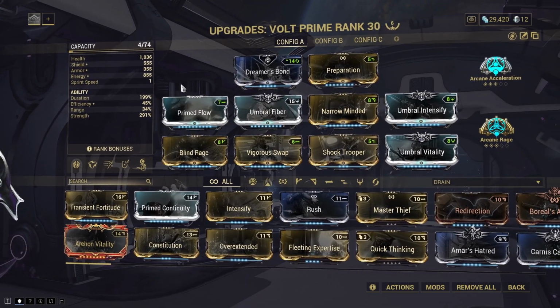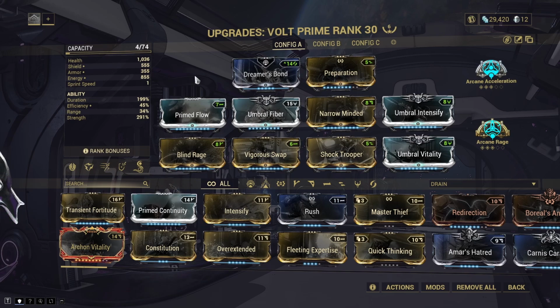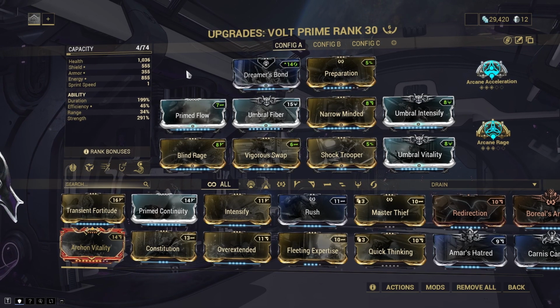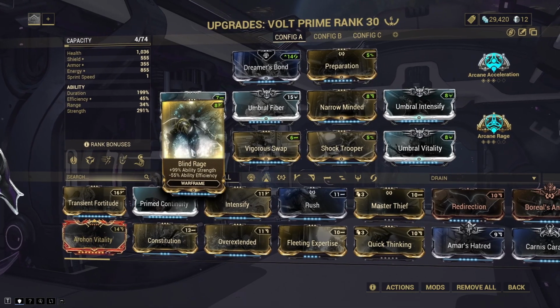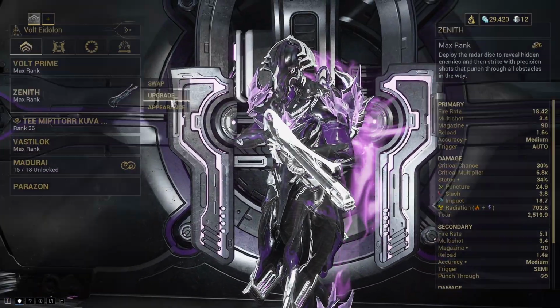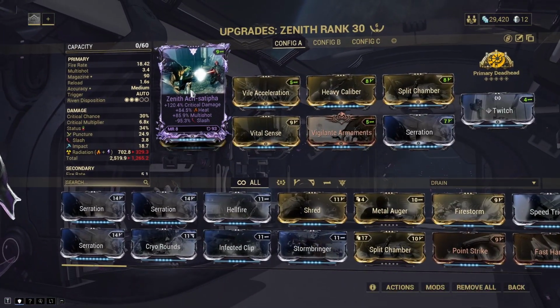The reason we've dumped all of our efficiency is because we got access to energy pads. So we didn't really need a whole lot of efficiency because we could craft tons and tons of energy pads. And yeah, we can just max out our strength using Blind Rage then. So yeah, that's that. And then the Zenith, which we used alongside Vault, we do have this Riven mod for